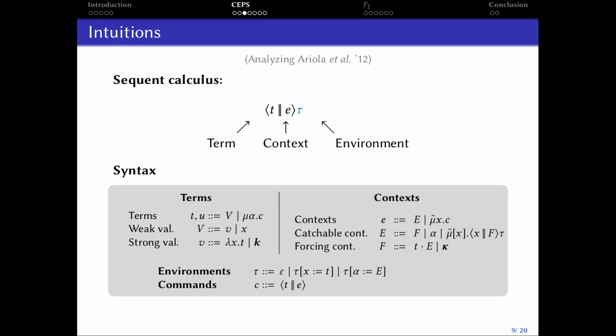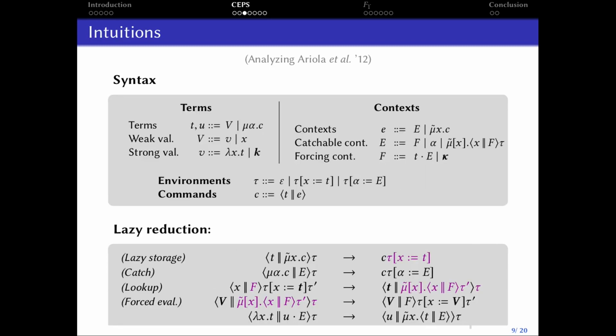And the categories for terms and contexts are divided into the notion of terms, the notion of weak values, and the notion of strong values. And we have the corresponding notion for contexts, so usual contexts and co-values and strong co-values if you want. And you can think of these three syntactic categories as the categories needed for the interaction defined by the lazy evaluation. We have fewer when we have call by name or call by value, and we need more because of the lazy evaluation.